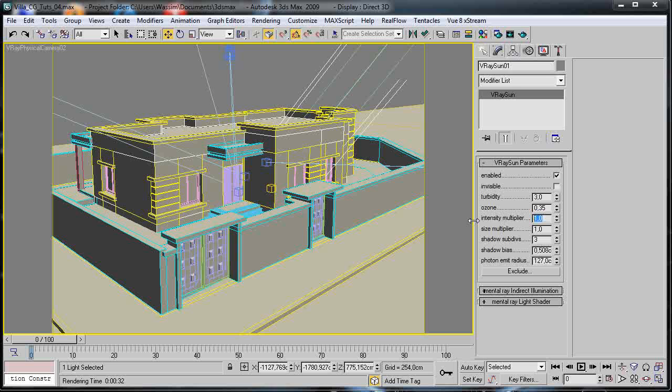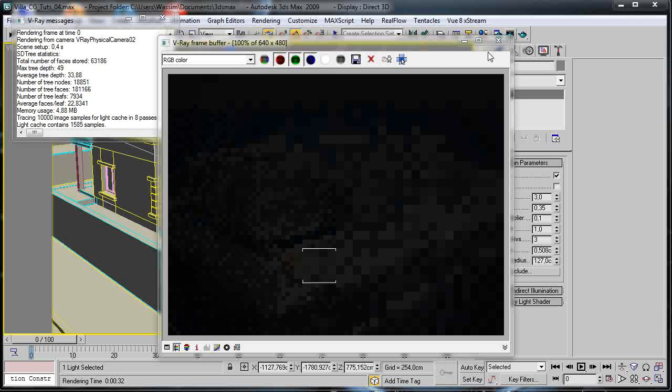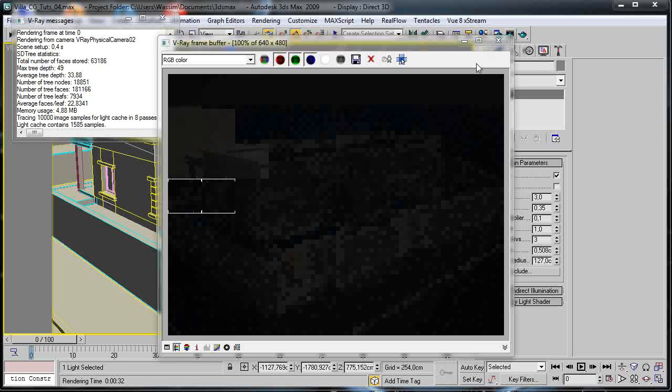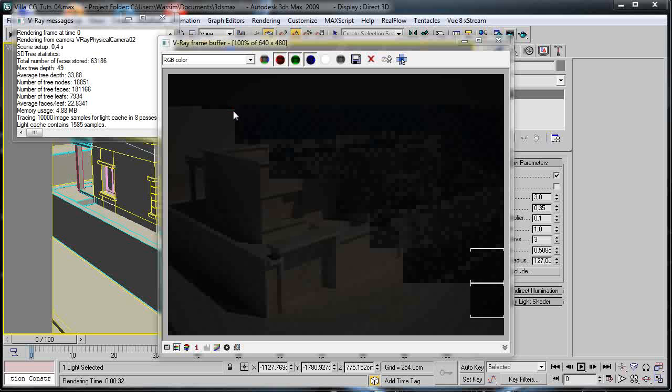The intensity multiplier is way too high. I just put it to 0.1, and try to see what it gives us. Yes. We can start working with this, and try to find a good mixture between the two,